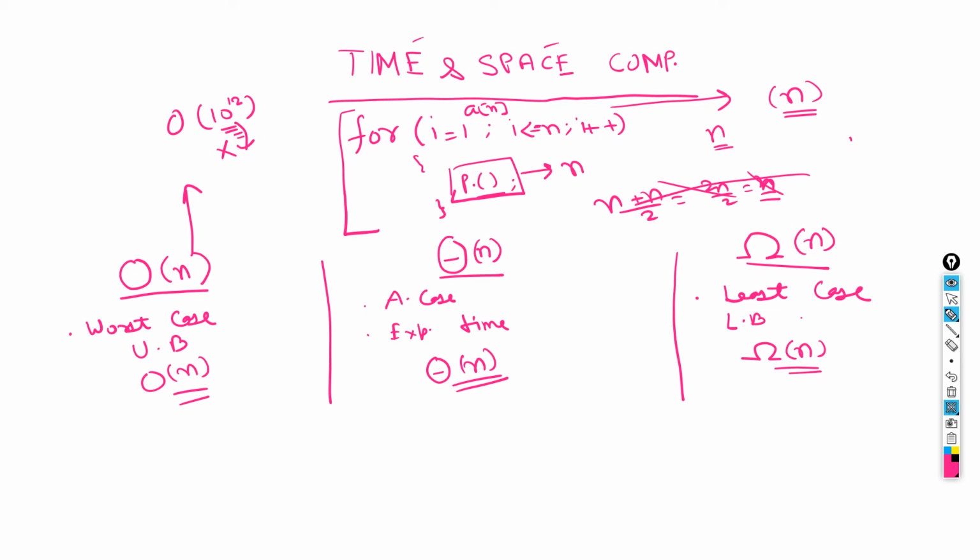Because let's say I am writing a code with int a, we have some statements over here, then we have return sum and minus 1. So what is the space complexity of this code? This is a very tricky question because recursive calls also take space. Usually people will say this is taking O of 1 space, but no, this is also taking O of n. So we'll see that in another video.